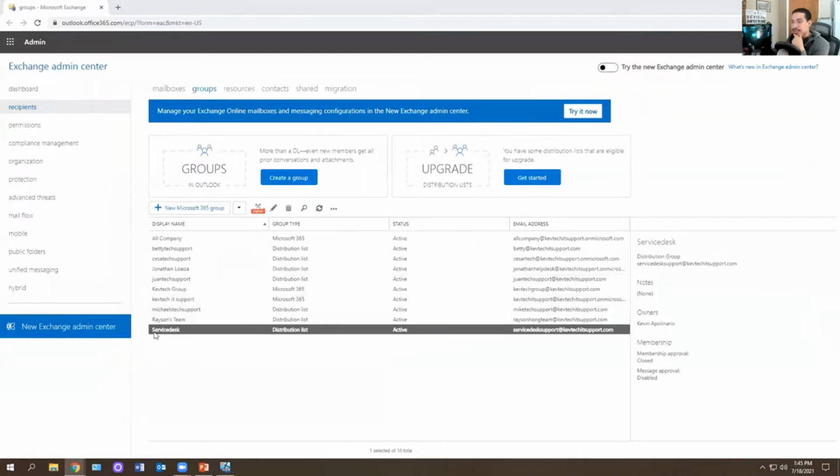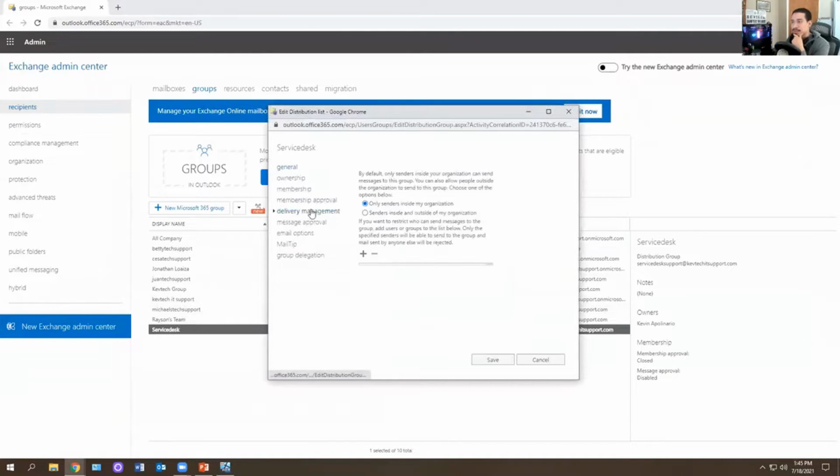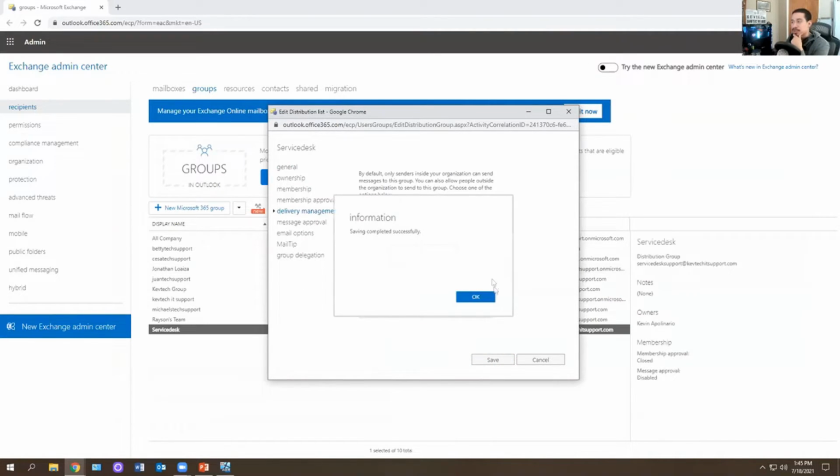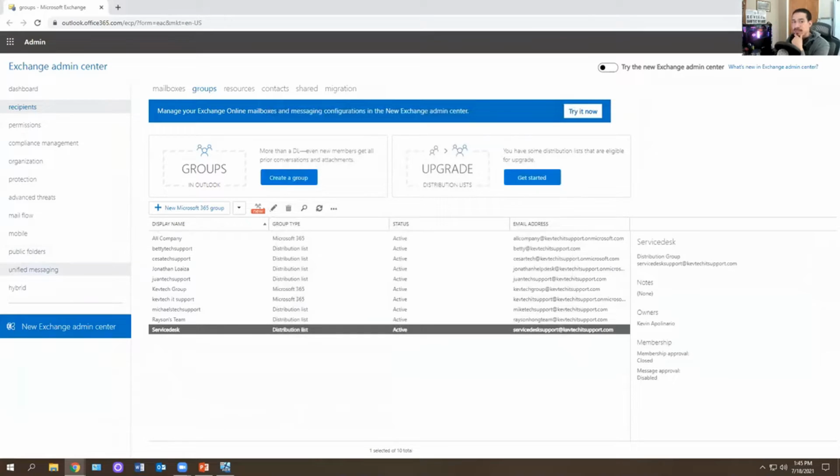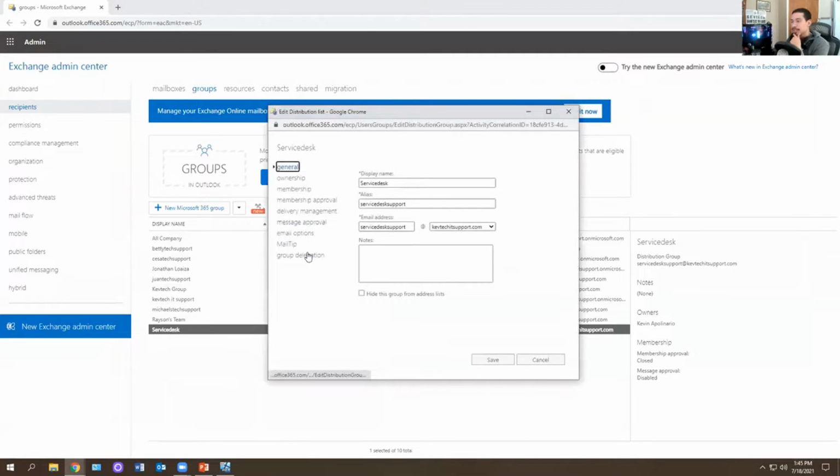It's because you didn't allow it. So you have to go here, right? You have to actually allow it. And when you allow it, you're not going to get that weird error message anymore. It should work. So while we wait for that to replicate, I'm going to show you how to open the service desk